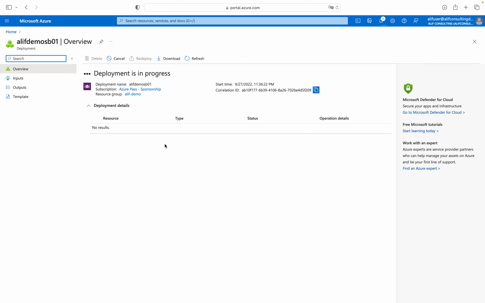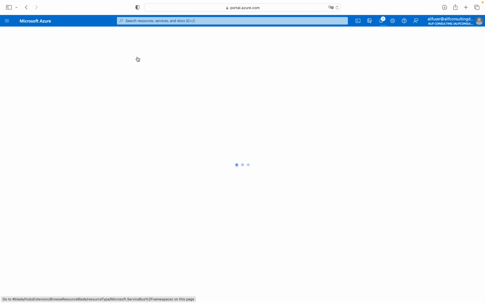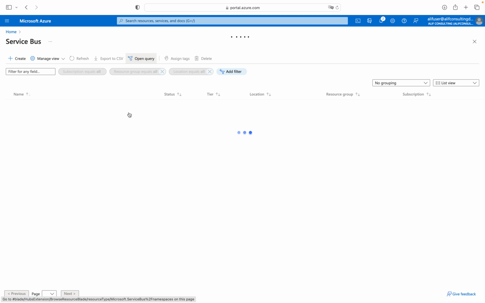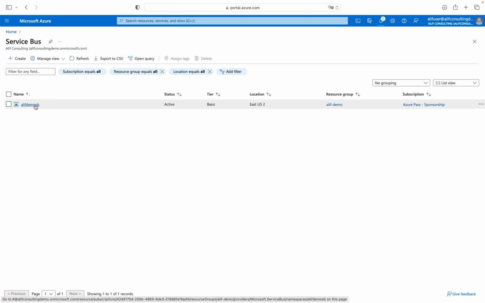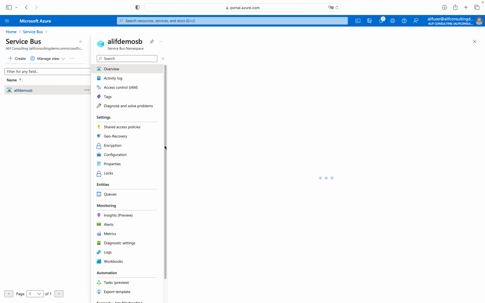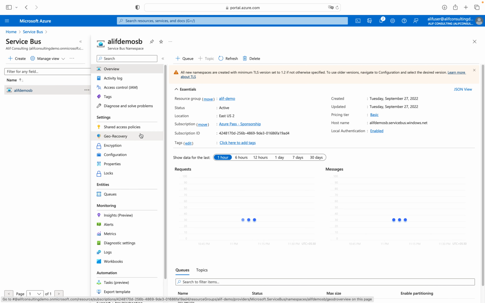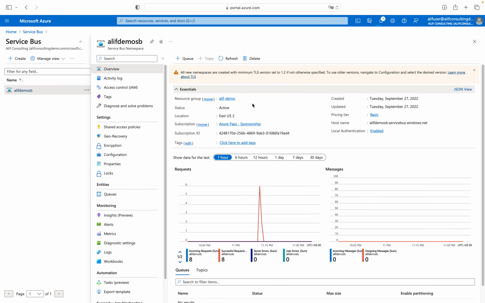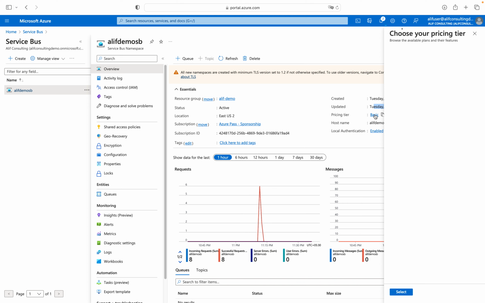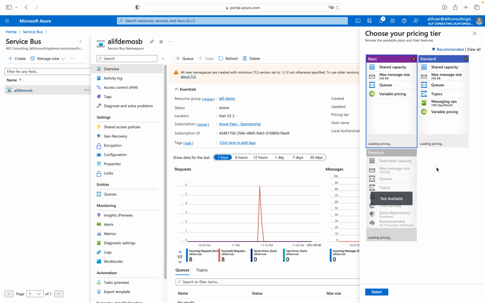So meanwhile this is getting deployed, let's move to my existing service bus which has been deployed as a basic tier. As soon as you go into the service bus, you would see it's going to give you all the information: what is the status, when it has been created, when it has been last updated, what the pricing tier is. You can also update your existing pricing tier of this service bus by clicking on the pricing tier, and then you need to select